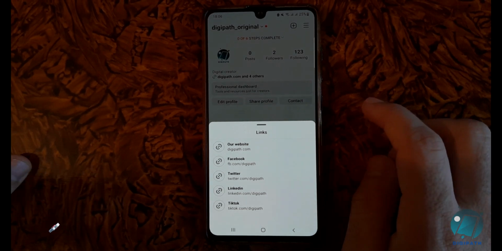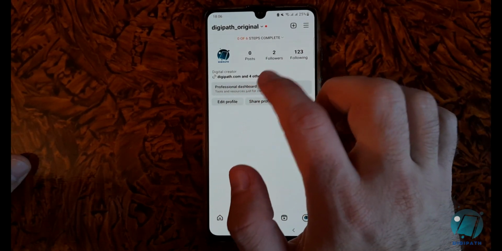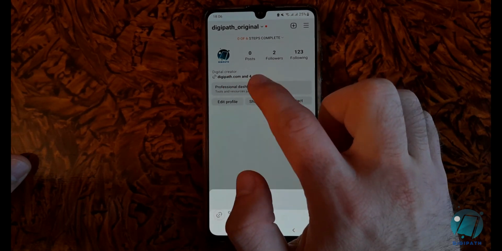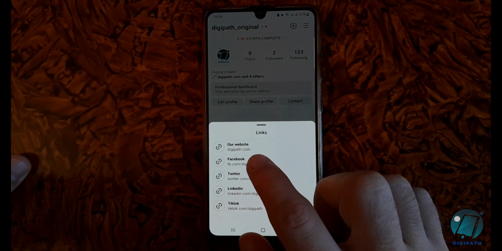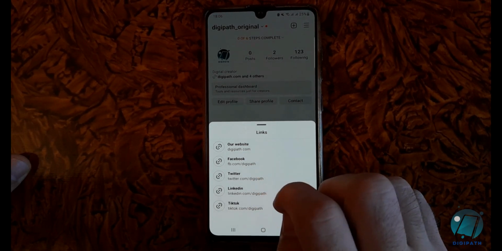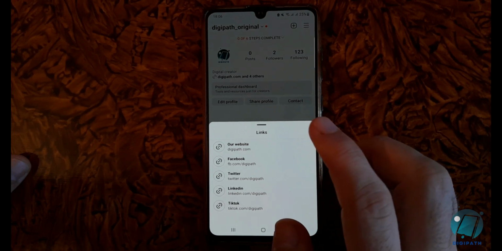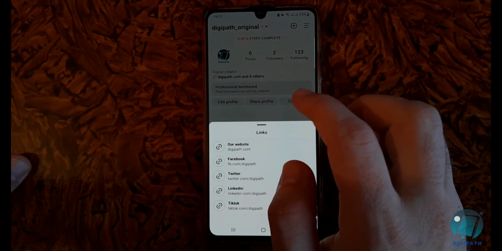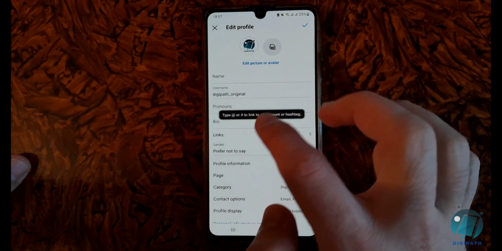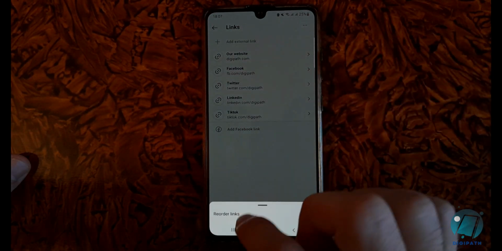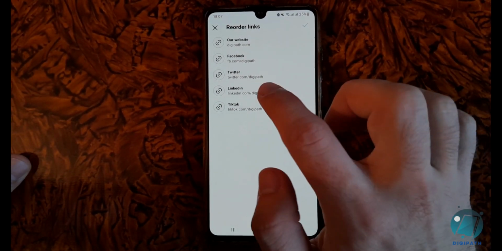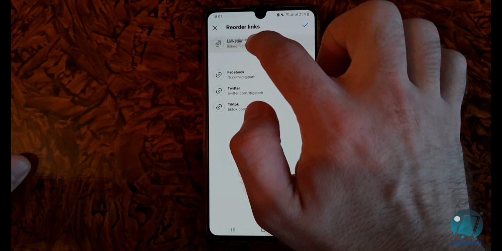Okay, and there is one thing I want to mention over here. For example, we don't want our website to show on the first stage. We want, for example, our LinkedIn to show on the first stage. Let's reorder the links. Okay, let's click on it. For example, we take LinkedIn and